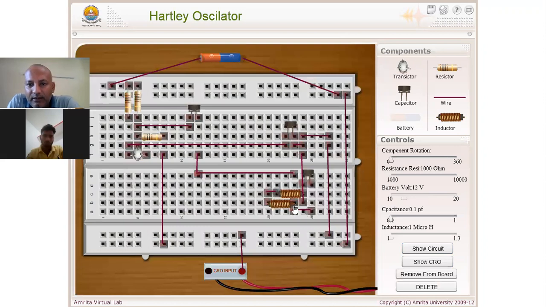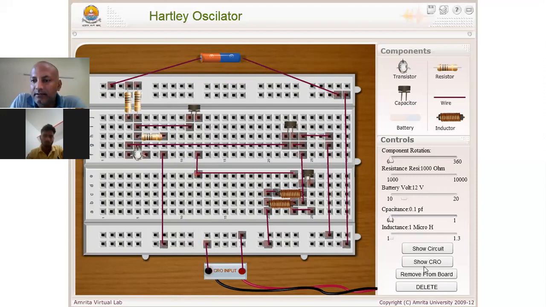L1 and L2 are connected here, so I have to ground this also, and connect the CRO here.